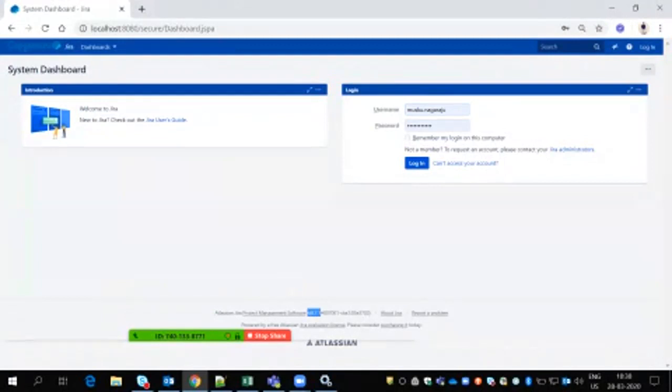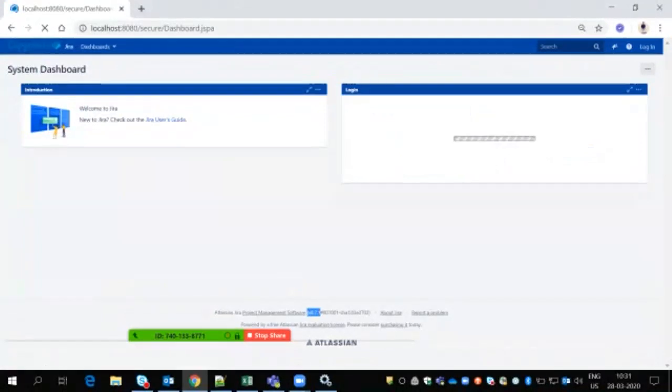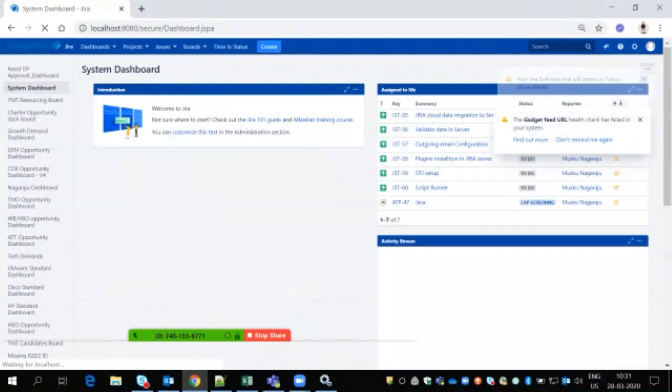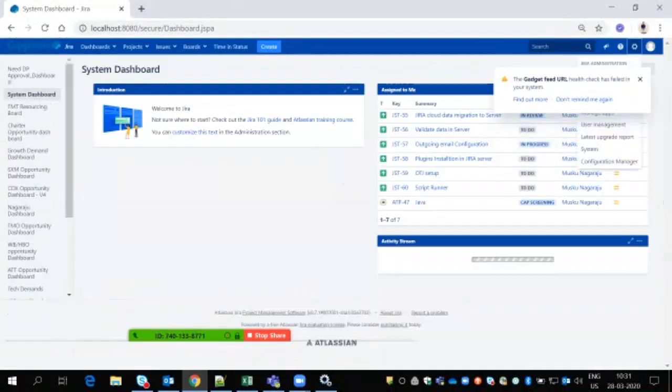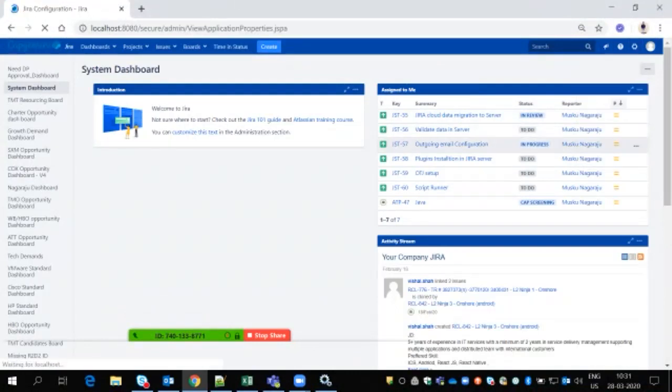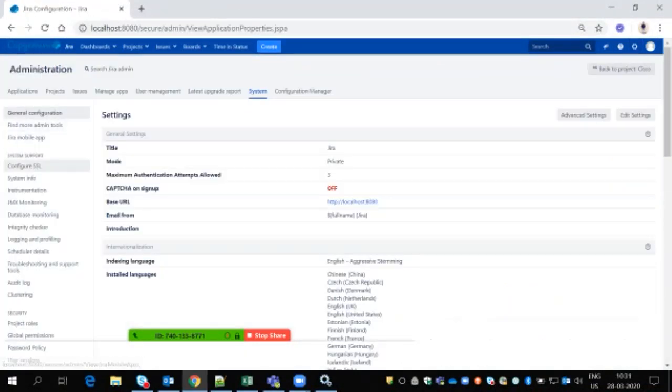If I log in, the same version and complete information we can catch from Jira admin console, System. In System, there is a System info option. If you go to the System info option, we can see all the options from here.